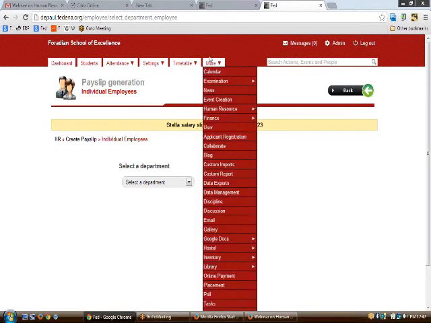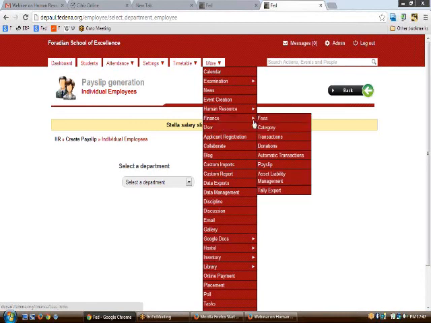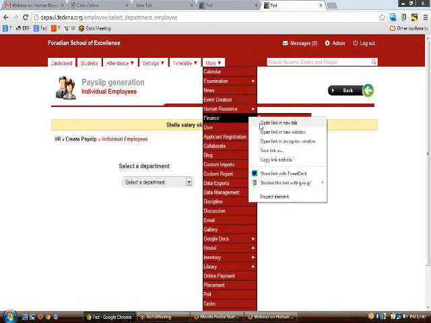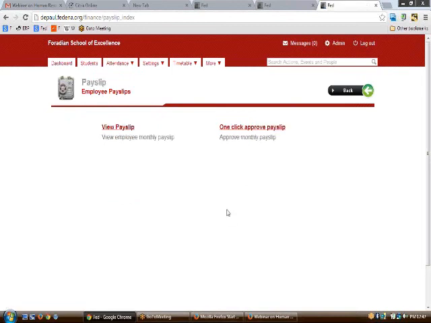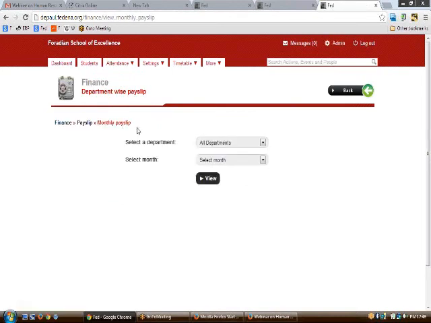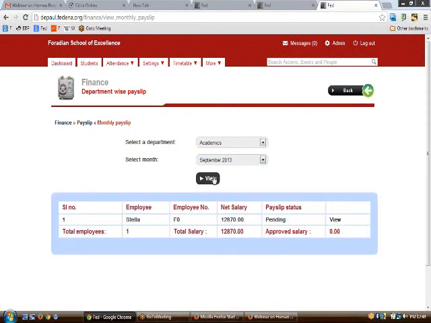The person who's in charge of finance, who can be the same as admin, or a person who takes care of the finance details of your institution, can see this. So he can view the payslips of the particular employees, and he has the power to select or deselect, or in a better way we can put it, he can approve or reject the payslip of the employees.